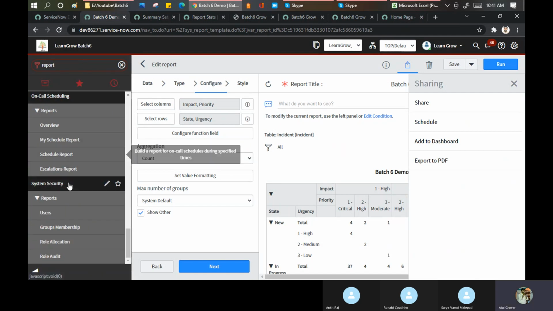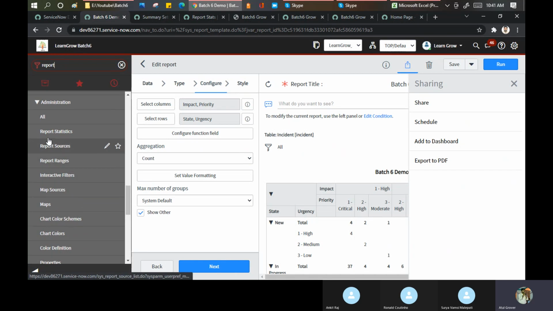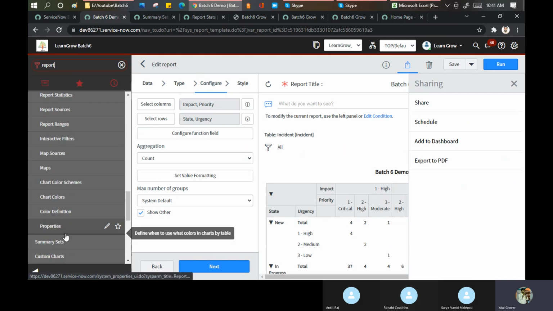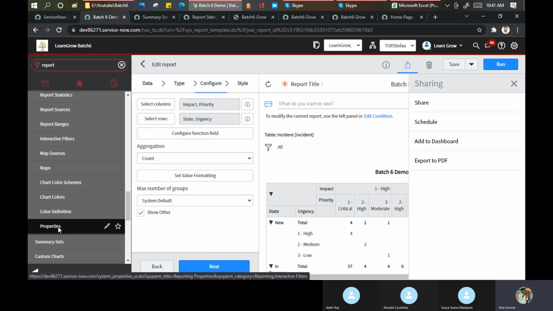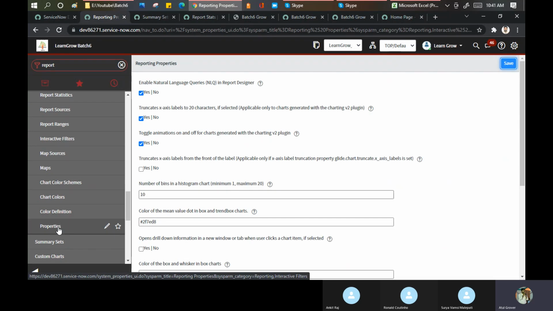ठीक है। अब यहाँ पर क्या रिपोर्ट्स के लिए, if I go up, so I can define the report little bit on the color schemes, color definition or the properties as well. इसमें एक चीज बहुत इंपॉर्टेंट है, and again it is not a limitation I'm saying, it is the way that system has been defined. You cannot download more than 10,000 records in one go from the reports, either from the list view or from the report. You can download, I guess, 13,000 records in the CSV, not more than that. Reason is same, to not impact the system performance.